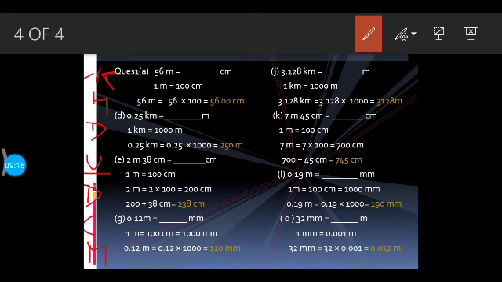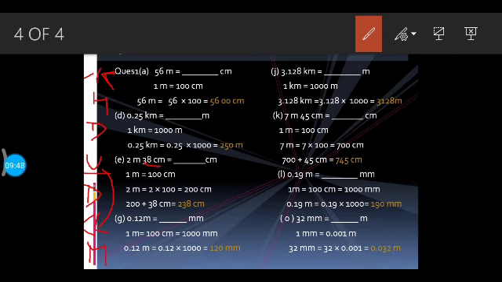Next, E part, you can see 2 meter 38 centimeter is given to you, and you have to convert it into centimeter. As you can see, this 38 centimeter is already in centimeters, so no need to convert this number. I only have to convert this 2 meter. Again you can see the base unit is here, meter, and I have to convert it into centimeter, right? So I have to move downwards again.